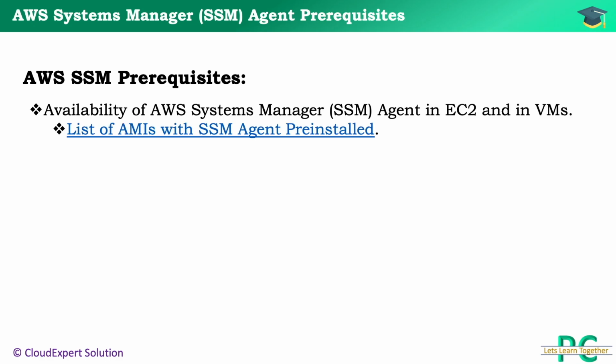First, an obvious prerequisite is you need AWS Systems Manager agent in EC2 and in virtual machines. Recently, there are many AWS AMIs which come with pre-installed SSM agent. If you are using any of the latest AMI, in most of the cases, you should have SSM agent pre-installed. If you have a use case where you have to install SSM agent into an EC2 instance or maybe in virtual